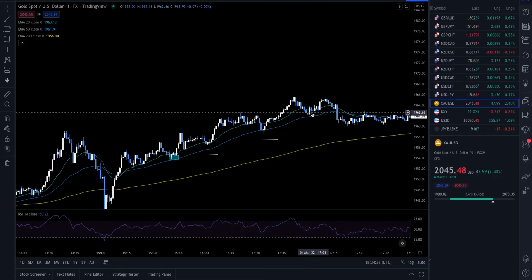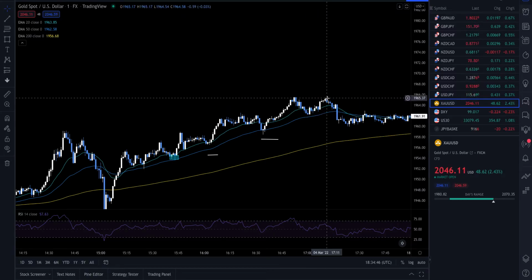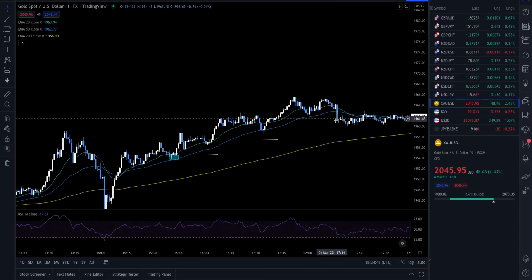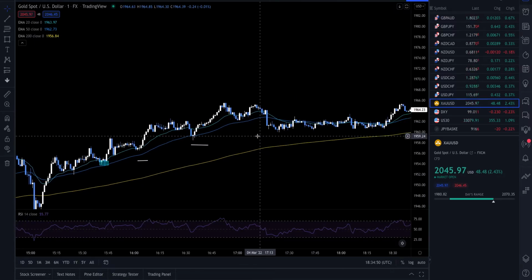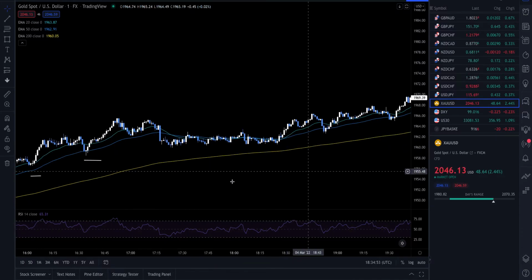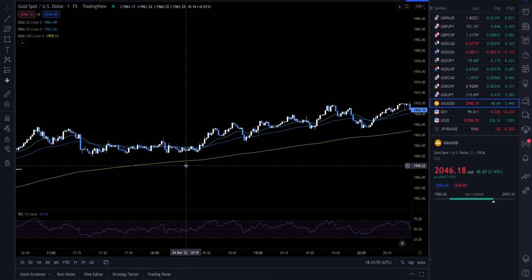And again, you're never going to be pinpoint perfect. You might catch it perfectly a couple of times, but there might be a time where you enter up here, price moves down into a bit of a loss for a moment before then eventually pushing higher. And then eventually the trend will change, price will crash through and you'll lose the trade. And then it's just a case of waiting for the market to then begin trending again,